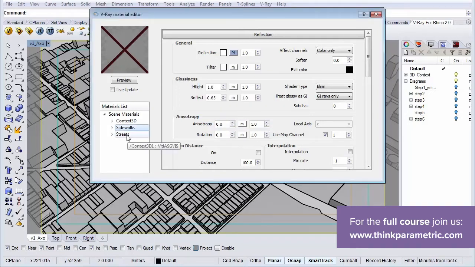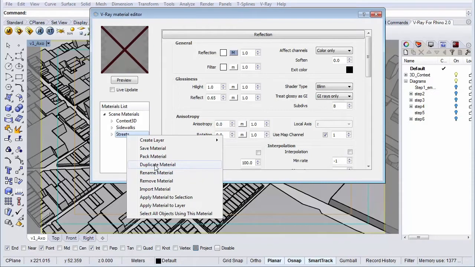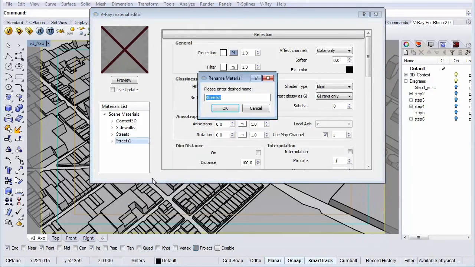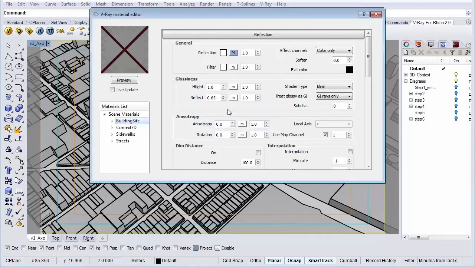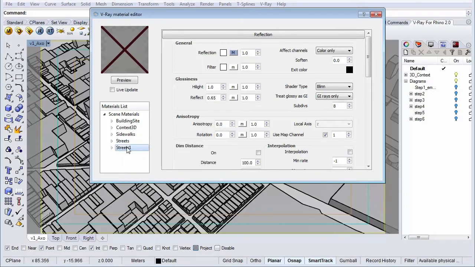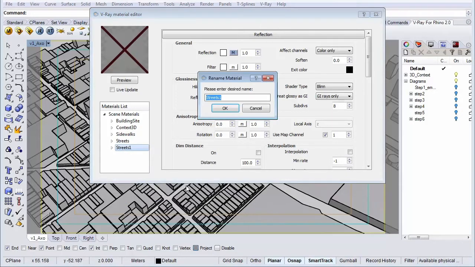Now right-click again and duplicate it one more time. And let's name this one Building Site. And the last one is going to be our people. So let's rename this one and name it People.